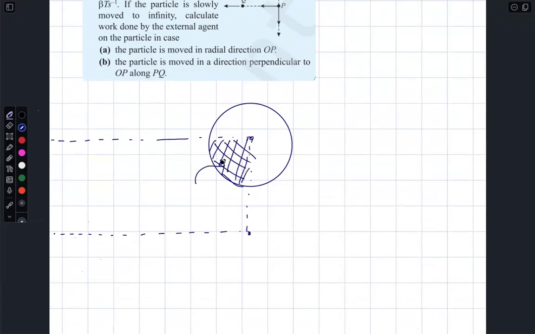The arc that contributes EMF source is this part. So therefore, EMF is